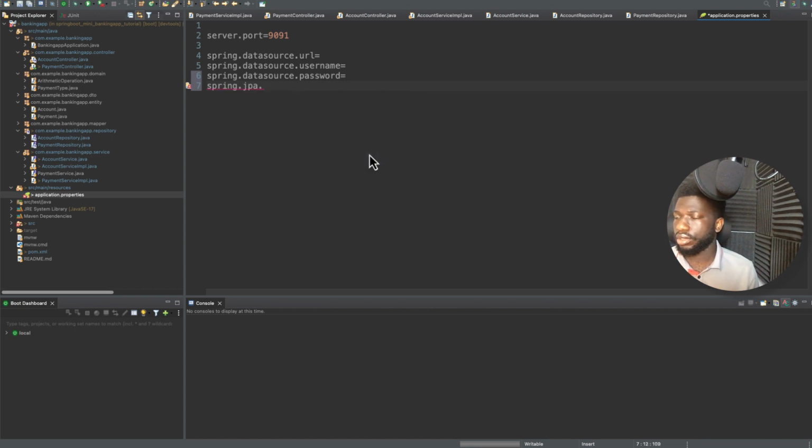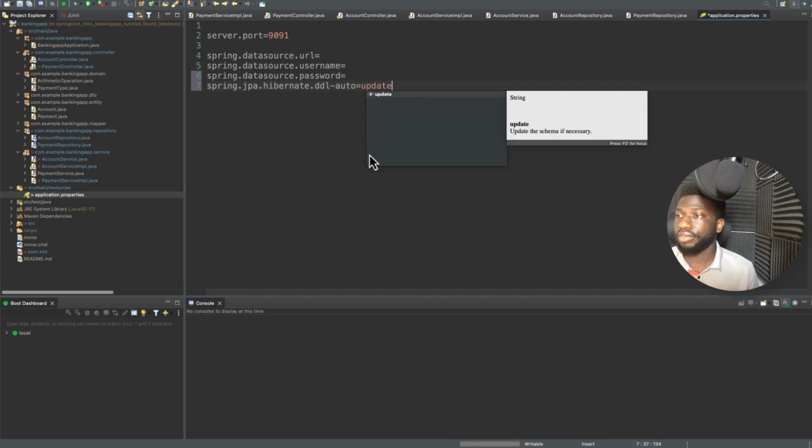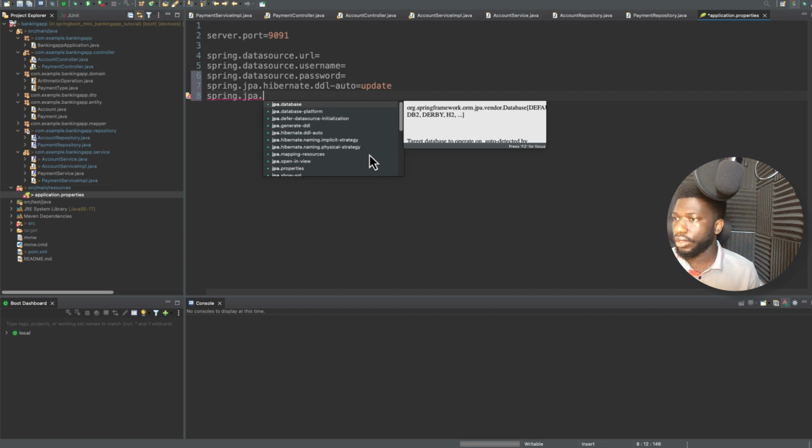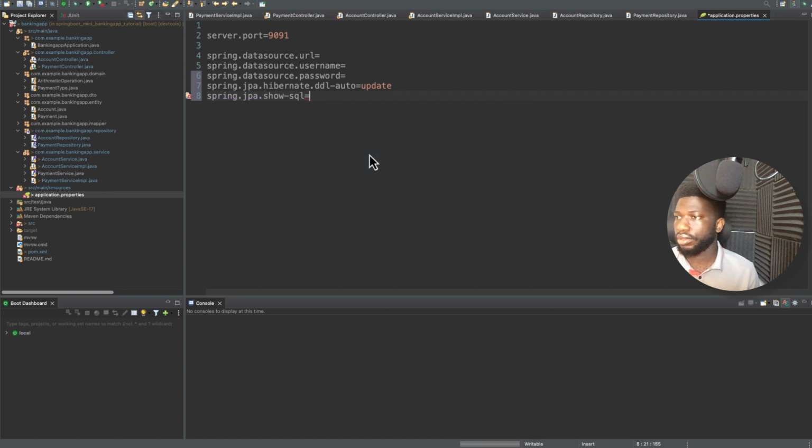spring.jpa.hibernate, yeah, that one, hibernate ddl-auto. If you press enter, it's going to pick it up for you. And just say no, not true. Let's say update. There are different values for this. What I'm saying is, whenever we connect to our database again, if we've added a new field to our entities, just update it. And so say spring.jpa.show-sql. Yeah, say true. So our username was root and the password was